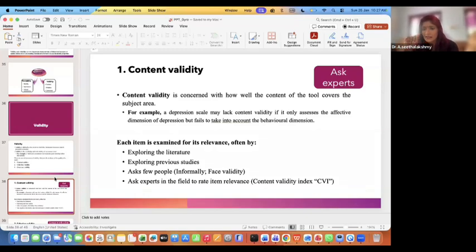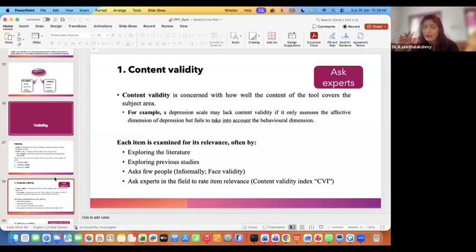Okay? That is confirming from a few people whether they can understand from the question that it is measuring what it is intended to measure. A pain related scale has questions related to pain, not related to stress or anxiety. Just ask very informally your friends or nearby people, whoever is there, or colleagues or anyone, without telling them anything formally. That is face validity, number 1.